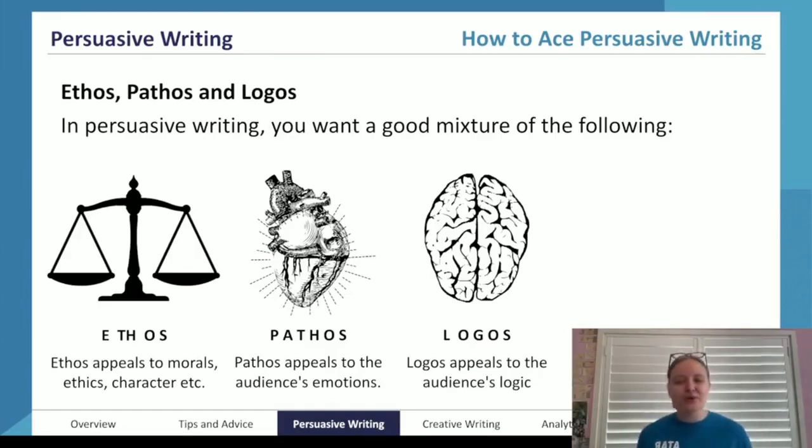Now, let's take a quick 5-minute break to do a little activity. Let's go timer, sorry. Make sure we're on track by keeping a timer. I want you to write an example of ethos, pathos, and logos for this topic.